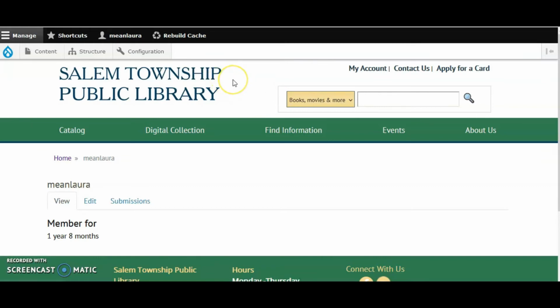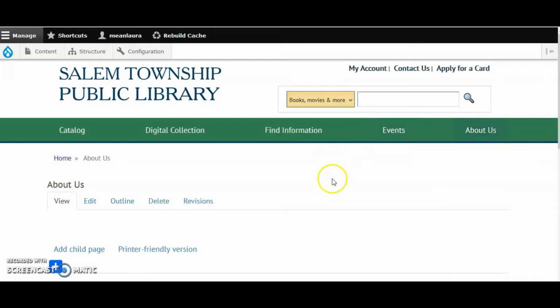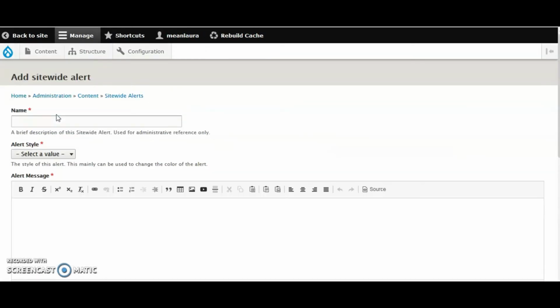So let's go now and create one that is in the default or light blue style for those messages that aren't quite so urgent. And let's make it so that it only is going to appear on the About Us page. Let's just move over there. So there's no content here on the sample site. But let's say we want something to only show up at the top of this page and it's not urgent. We're going to make it light blue. So we're going to go back to Content, go to Site-Wide Alerts. And now we're going to add another site-wide alert,